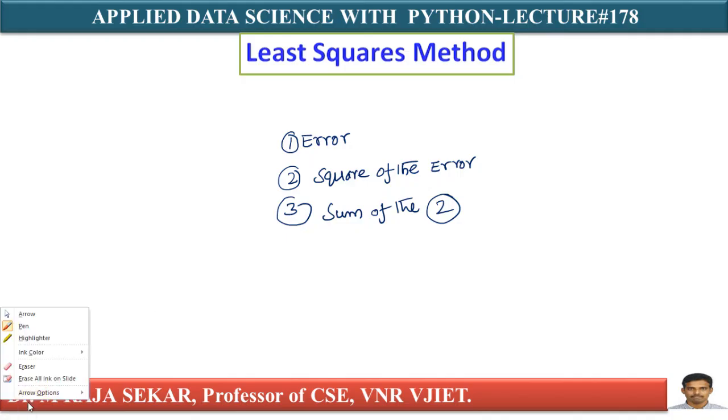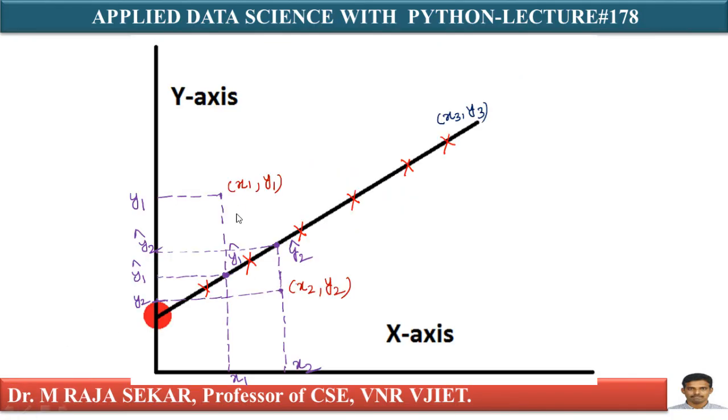Anyway, let me recall that graph which I discussed in my previous lecture. Just try to understand. This is the x1, y1 point. What is my error 1? Error 1, E1, is actual value minus predicted value. My actual value is y1. What is my predicted value? The value corresponding to y1 on this regression line. Therefore, y1 minus y1 cap is error 1. It's a positive error, isn't it?